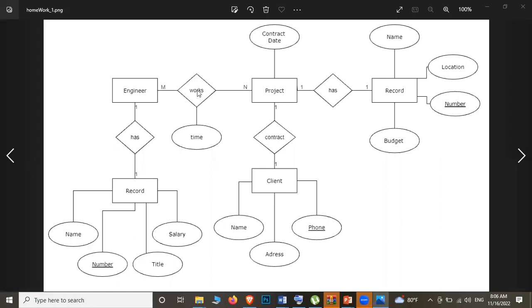Well done. So the engineer entity is there, the record entity, client entity, project entity, and record again. Why put two record entities here? One already exists, right? Please check this again. You can relate it to the same entity itself, no need to go for another entity. Work with the same name, and you won't have another entity with the same name. Okay, that has to be clear.